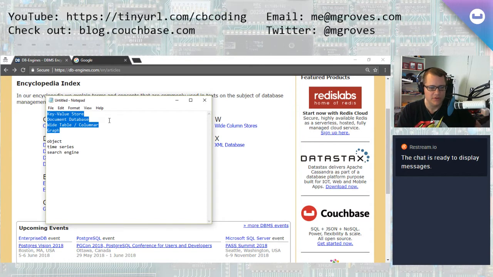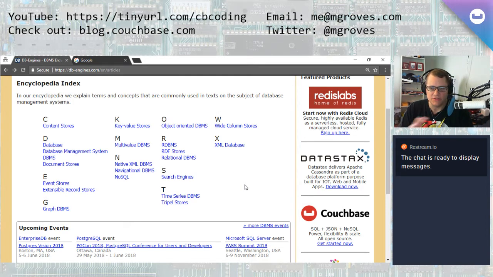The big four people usually think of is key value store, document database, wide table, aka columnar, and graph. There are other kinds as well that are interesting. Object-oriented databases, or time series, or search engine databases. But I generally like to focus on these four. Talk about NoSQL, and there's some other ones that I'm missing as well. It's a pretty big umbrella, this term NoSQL. It covers a lot of ground, and there's new databases all the time, new types of databases, new use cases, things like that. But those are the big four I want to cover.